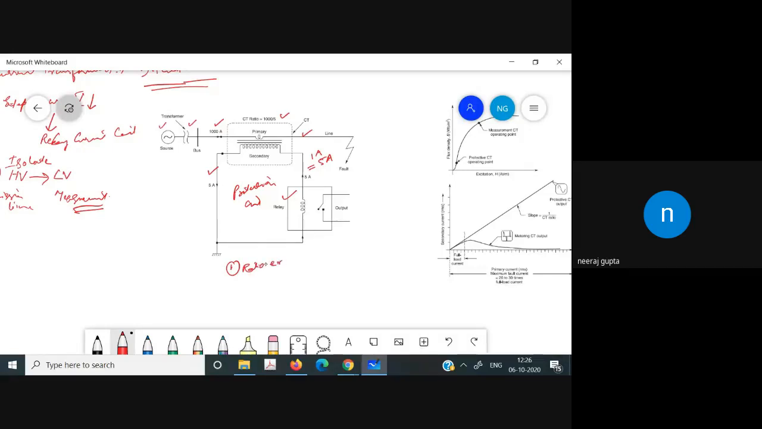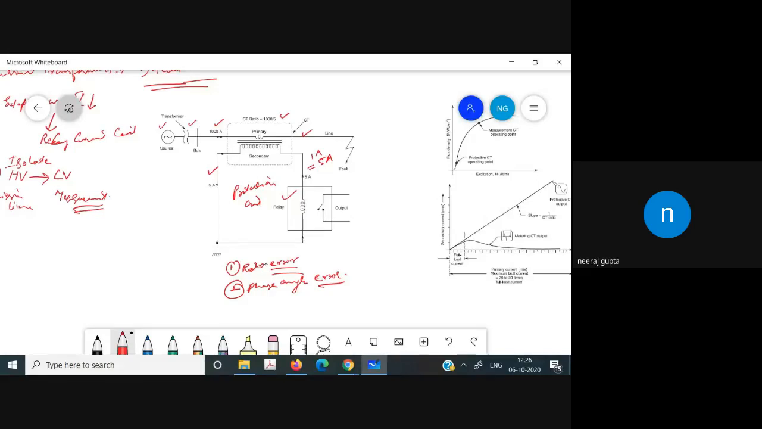Ratio error and phase angle error. You have read this in measurement. There are different errors in the transformers. One is the ratio error and the other is phase angle error. Because of that, you cannot have the ideal current